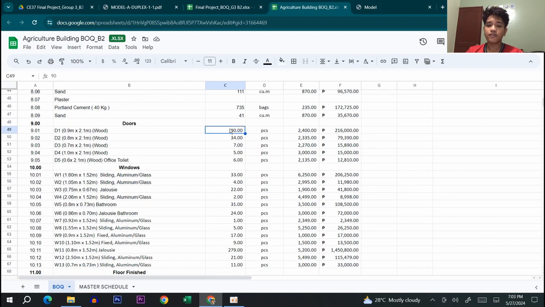For door 1, we have 90 pieces, and it is the most number of doors used because this is the most common door that is found on the majority of the classrooms or rooms in the building. So that's why it's 90 pieces. The 0.8 and 0.7 by 2.1 meters doors are commonly present from around the ground to second floor level, which is where the offices can be found. Some of the doors on the outside are 0.8 or 0.7, and some of them are on the inside.